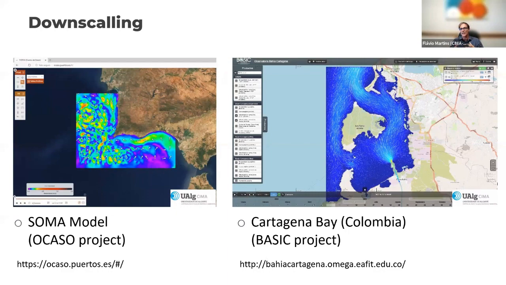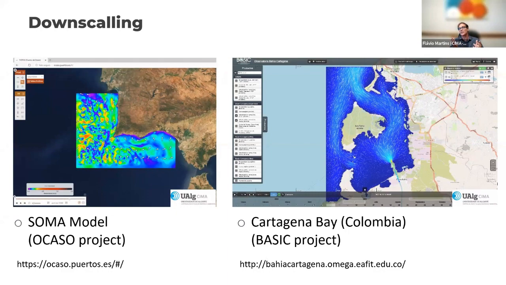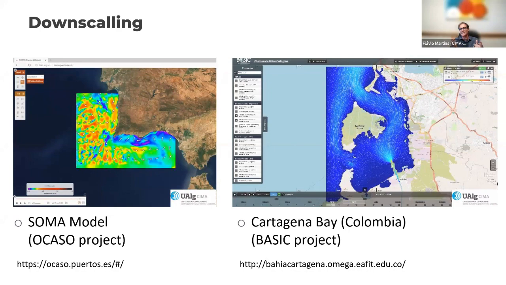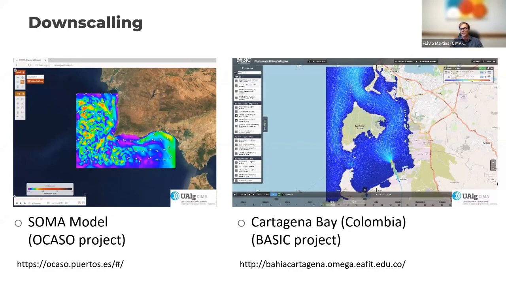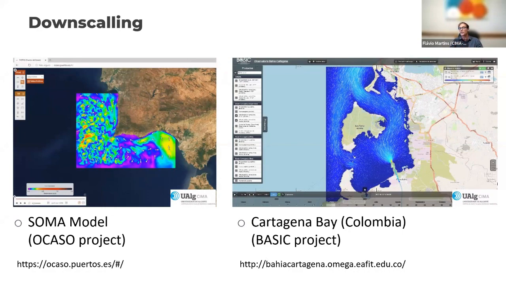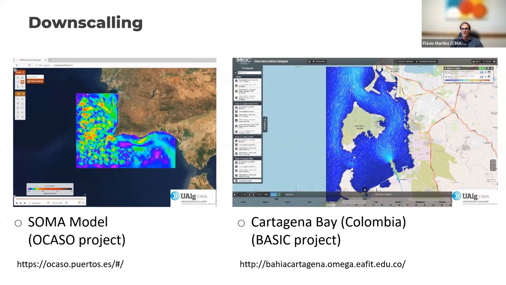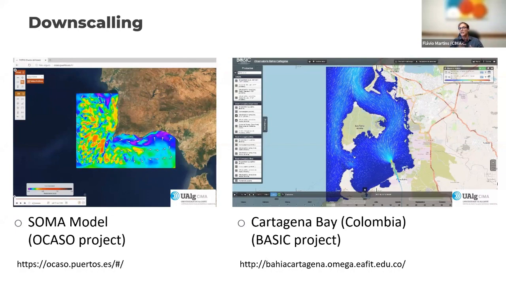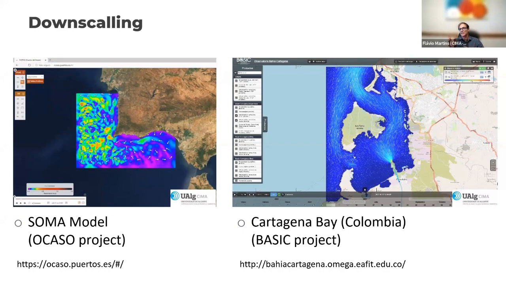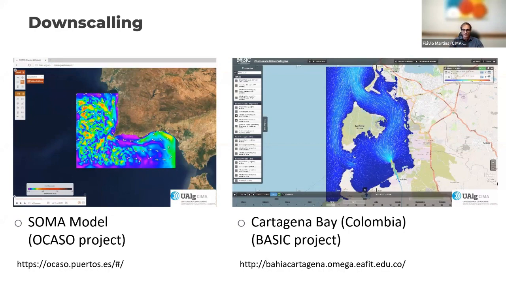Okay, and of course this is not everything automatic, so we need an operator to look at the system to see if it ran, if there was a problem, so it's supervised, if you want. Okay, but being operational means that every day the model runs and you create forecasts of the future. Okay,